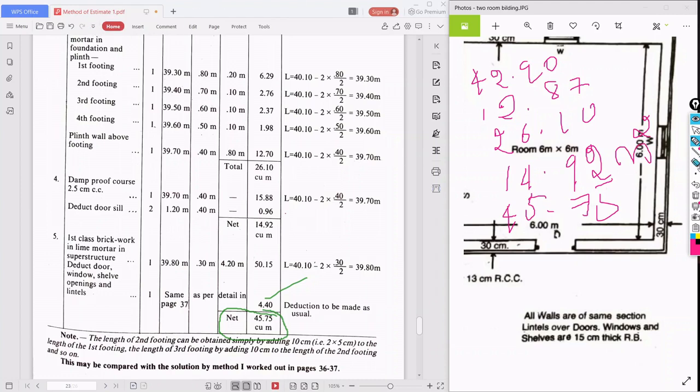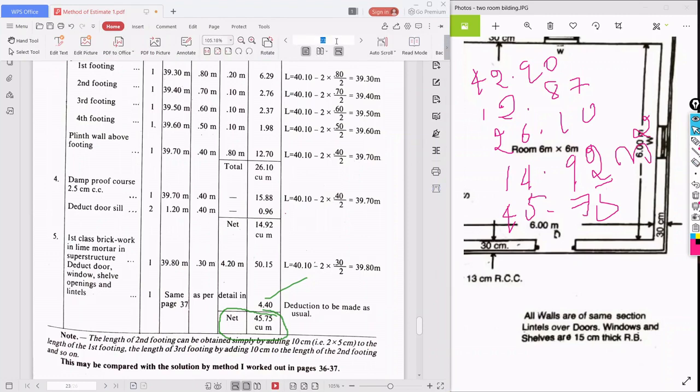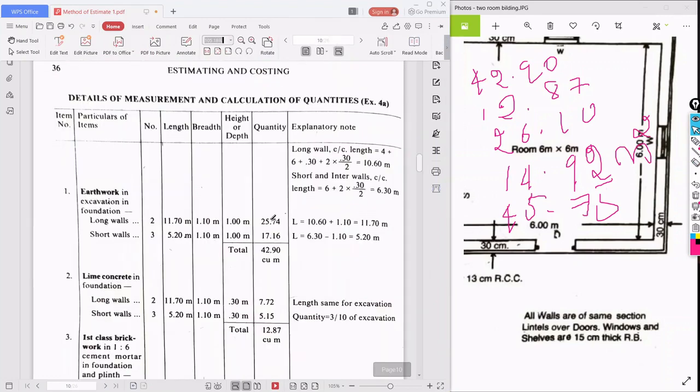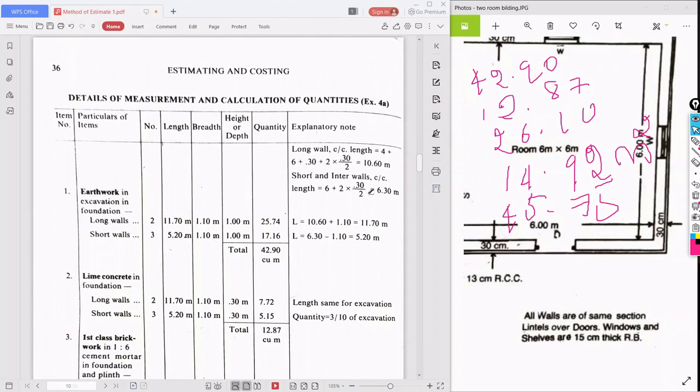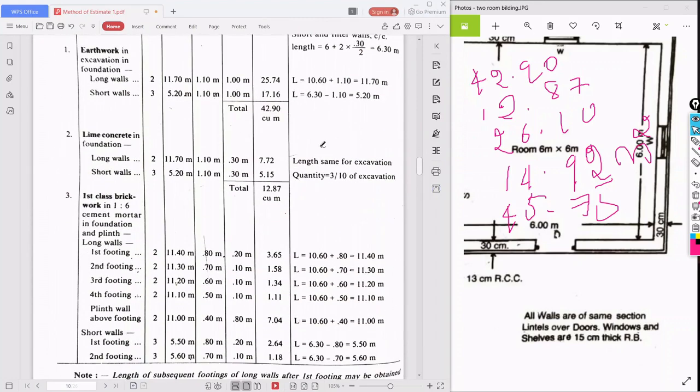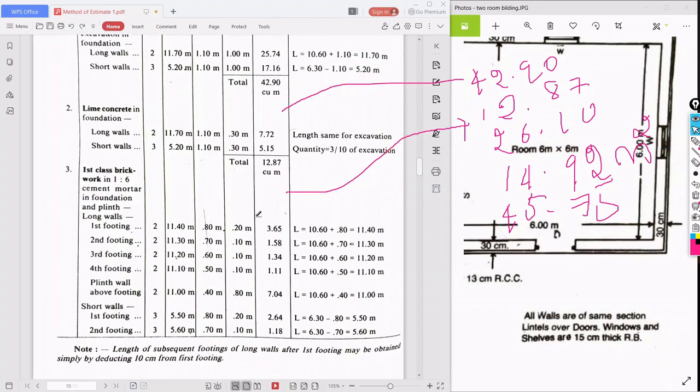We will compare with the long wall and short wall method. Whatever the excavation, it is 42.90, the same 42.90 is there. Lime concrete in foundation is 12.87, see the accuracy.